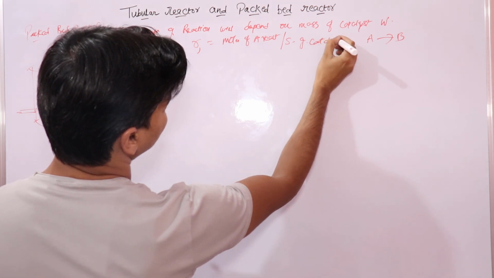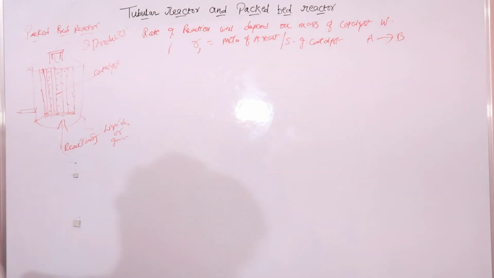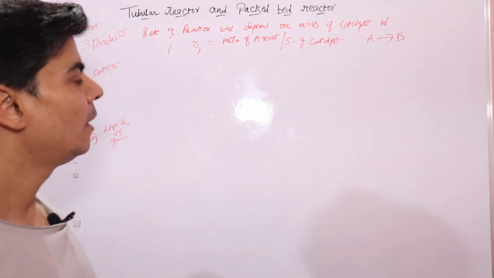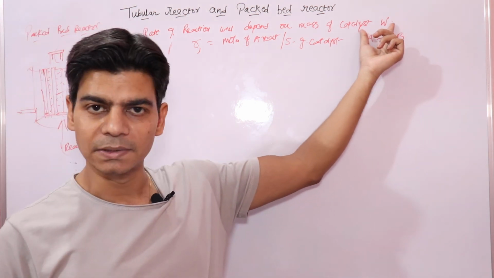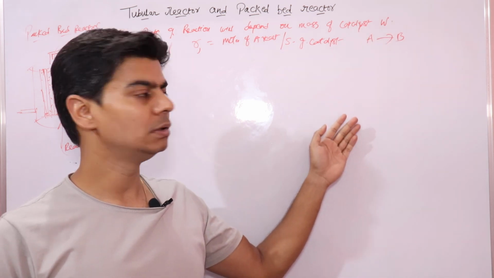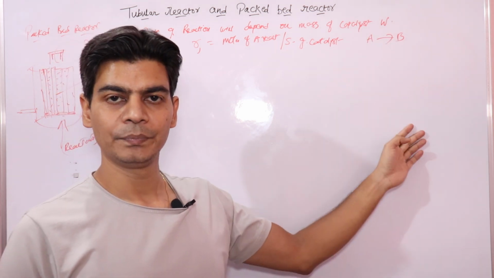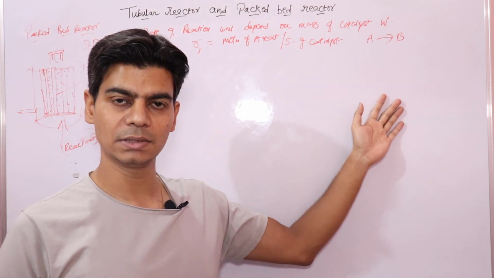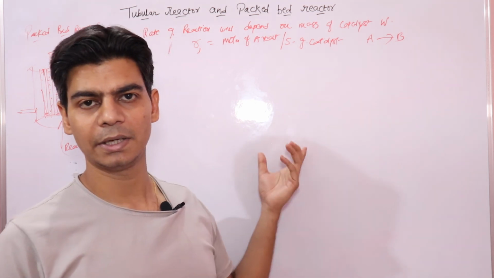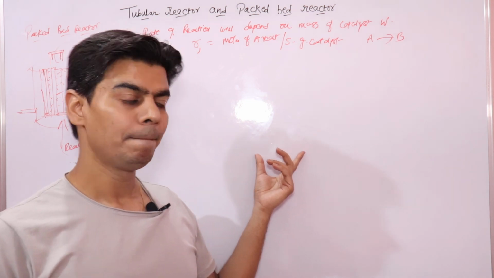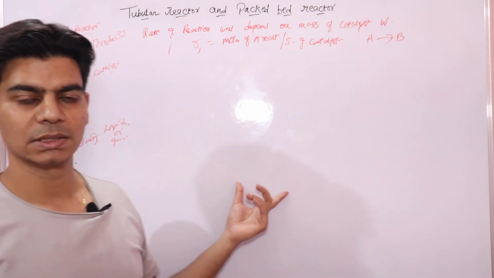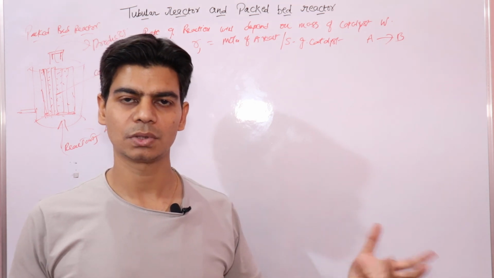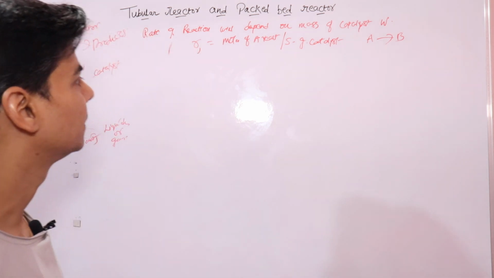This is important that you need to understand for packed bed reactors. This is the difference, that we are not considering the reactor volume, but we are considering the catalyst. So finally when we derive the expression, the expression would be between the weight of the catalyst or the mass of the catalyst and the rate of reaction. So here once you know the rate of reaction, you can find how much of the catalyst is required. You will get that kind of a relation here.